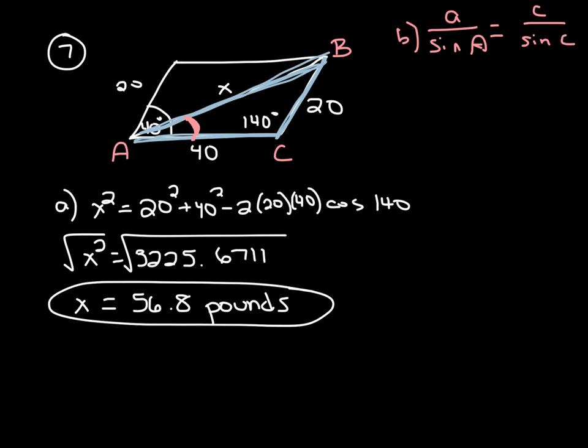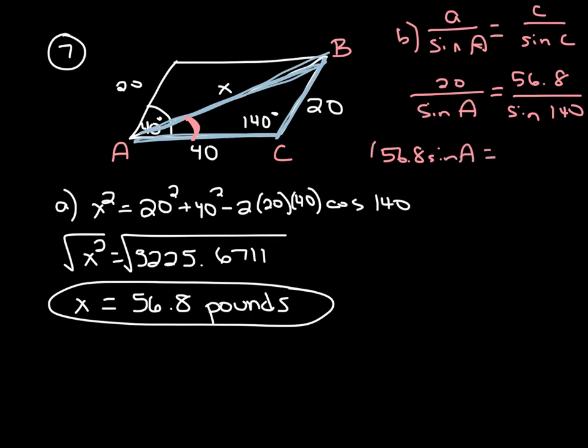Okay, so now you can just cross multiply. So when you cross multiply, I guess we should plug in the numbers first, huh? Okay, so when you plug in the numbers, we're going to have 20 over sine of A, because A is the angle we're looking for, equals 56.8 over sine of the angle across from it, so sine of 140. And then just cross multiply. So when you cross multiply, you get 56.8 times sine of A equals 20 times sine of 140. And to get the sine of A by itself, you divide both sides by 56.8,